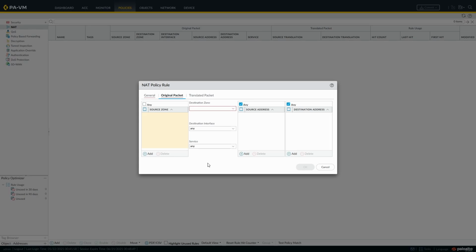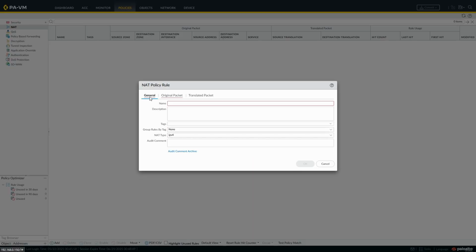Again, a bit more in depth, not really going to go into it, but I would always define your zones, the actual zones that you want to see this going to. These are constructed really simply. We have the general tab, which is the name, the description, the tags for the rule. You can group the rules by tag if you want. The NAT type,